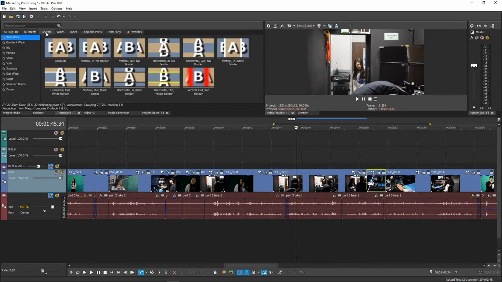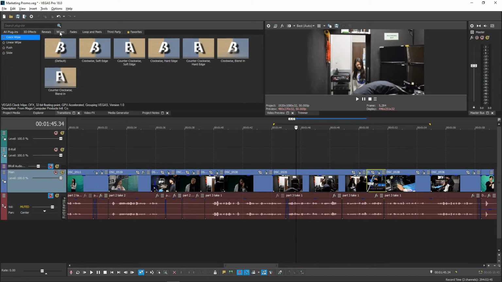After that, we have reveals. These transitions, based on their specific features, use different shapes and movements to reveal your second clip. As you can see under barn doors, it reveals the next clip with an effect that looks like elevator doors closing. Notice how even within one type of transition, you have many more detailed options to choose from to fit your video. Things like directions, borders, colors, and so forth.